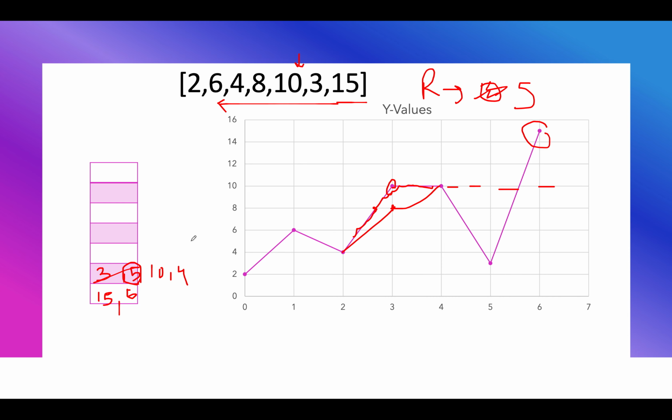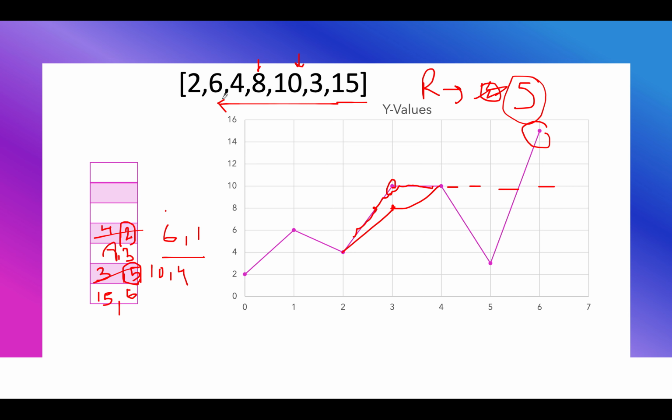And let's continue the iteration. We get 8 comma 3. So we'll have 8 comma 3, and then we have 4 comma 2, and then we have 6 comma 1. Since 6 is greater than this, we'll remove 4 comma 2, and we'll have 6 comma 1. And then since it is again a replacement, but the index is 2, we already found a greater index, so it won't have any impact on the right index.